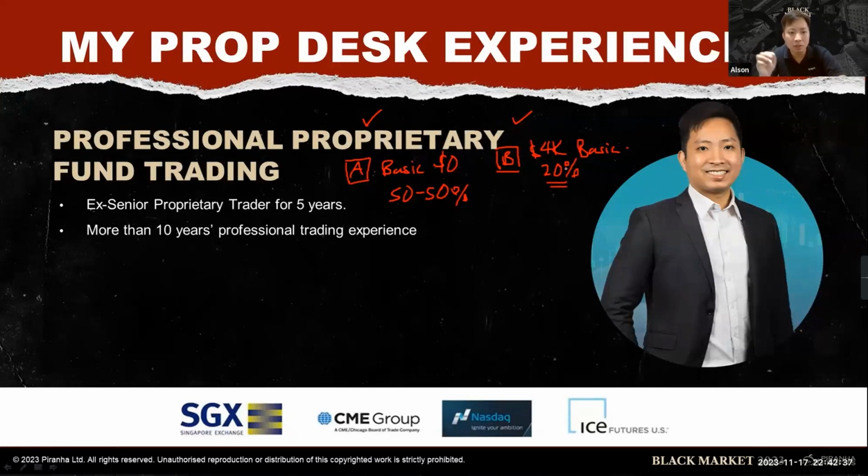But if a trader knows that he's going to make money, he will want this 50-50. Make sense? If you believe you're going to make money, you will not want to have the basic. You would rather have the higher payout. Agree? So naturally, when we do interviews, we can see based on the option the interviewee chooses, whether he's up for the job, right?